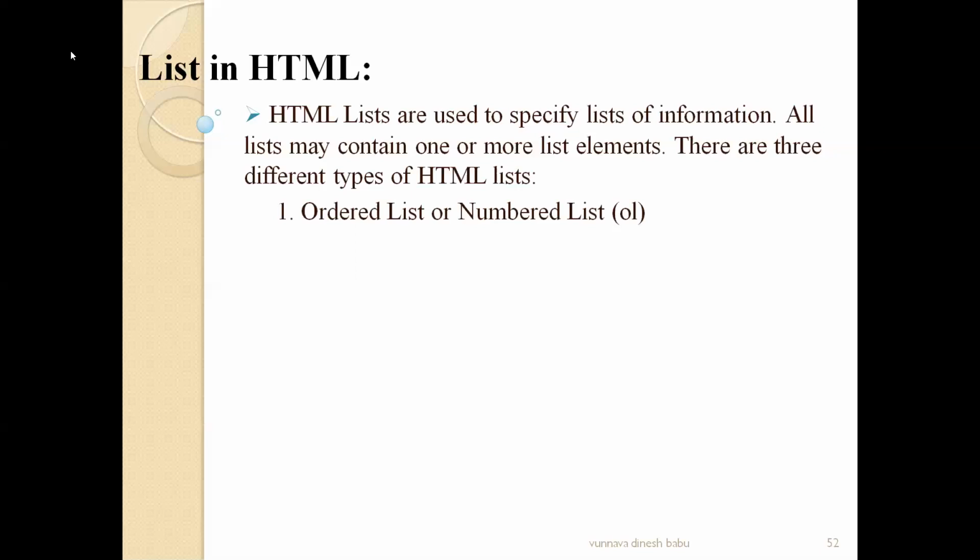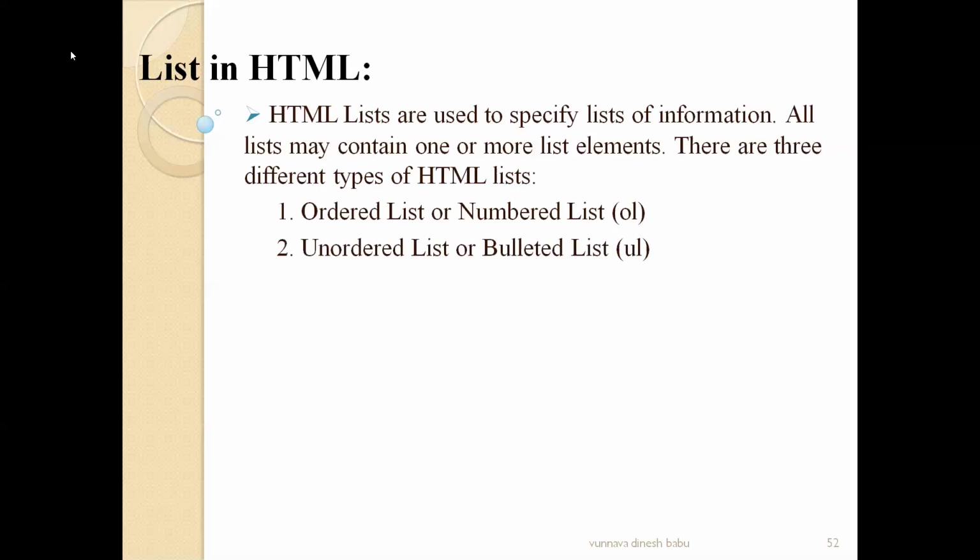So in order to display an ordered list or a numbered list on a web page, we have to use the tag called the OL tag, which specifies an ordered list. That OL tag cannot be used directly. OL tag should be used within the li tag. So remember these two things. If we want to display some list on a web page using HTML, we have to use the li tag. Under the li tag, we have to specify whether we are going to use an ordered list, an unordered list, or a description list. I will show the remaining two types now. So if we want to use this ordered list, we have to use the tag OL.